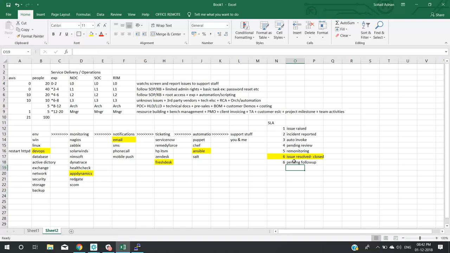Now who's going to follow up? The person who has previously worked on the issue will follow up. In this case, it was not a person, but an Ansible or an automation engine which took up the ticket. So the automation engine has to follow up. So the ticket status is changed to pending follow up. Again, the ticketing tool will say, please help me. Last time you said you will do some things, and it doesn't seem to be working. So on the 7th minute,